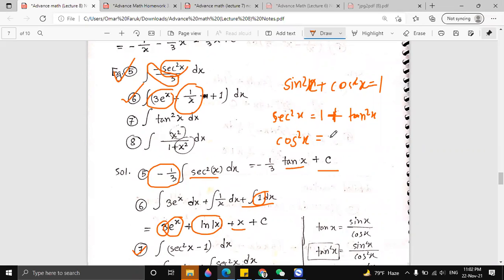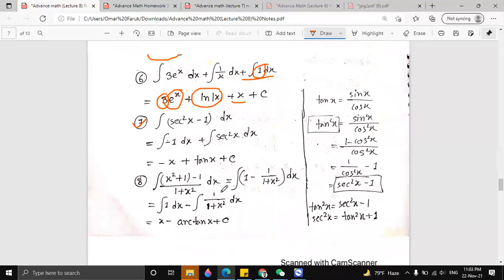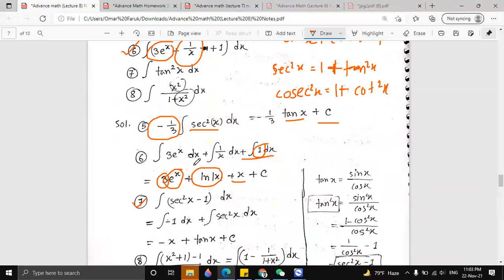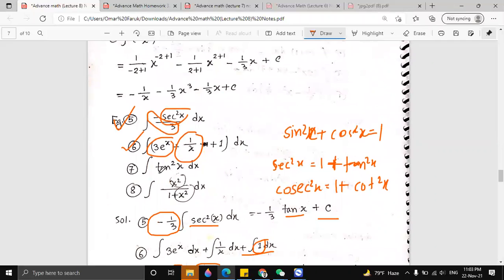So sec square x, cosec square x, okay. Cosec square x equal to 1 plus cot square x, right? So here in tan square x, here we have tan square x, right? So if you just take this one